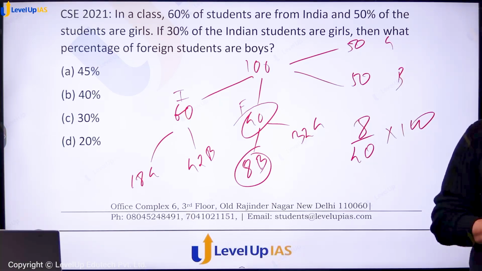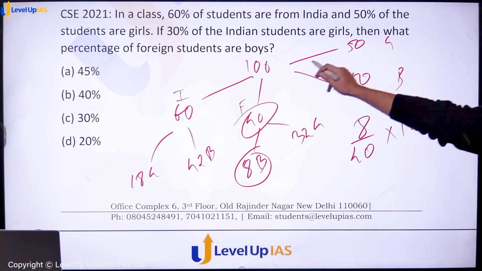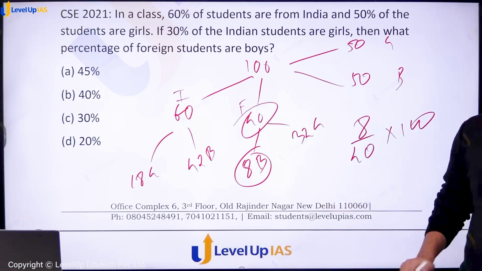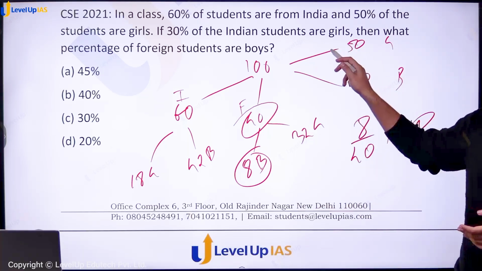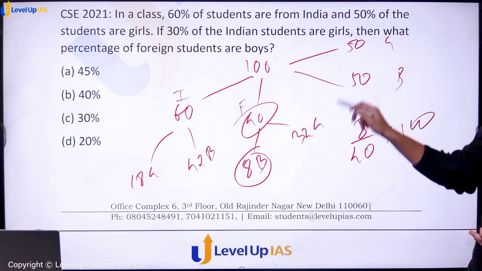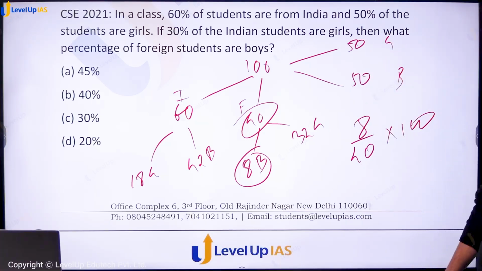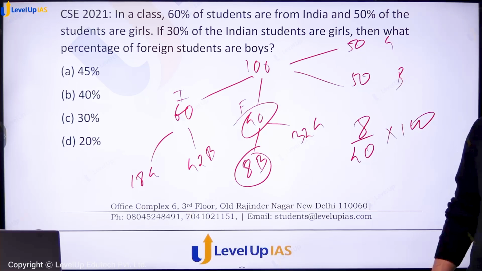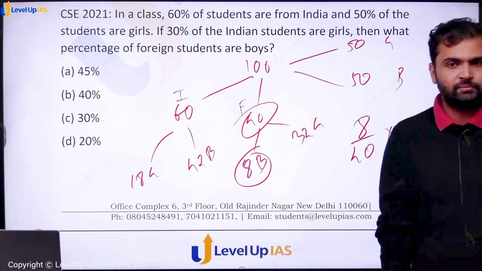फोर्टी में से 20 तो 20%, क्या 20 हटा दिए? 20 कौन सा हटा दिए बताओ? हाँ हाँ ठीक है। सर वो लिखा था ना कि 30% ऑफ द इंडियन स्टूडेंट्स आर गर्ल्स, 50% टोटल गर्ल्स हैं और 30% इंडियन स्टूडेंट्स गर्ल हैं, तो अगर 60 में से आपको हटा दोगे, अच्छा तो 20, ठीक है, तो 20 गर्ल्स आर फ्रॉम फॉरेन, ऐसा बोल रहे हो? हाँ वो लैंग्वेज ठीक, जैसा भी आप चाहो, आंसर सही आना चाहिए।